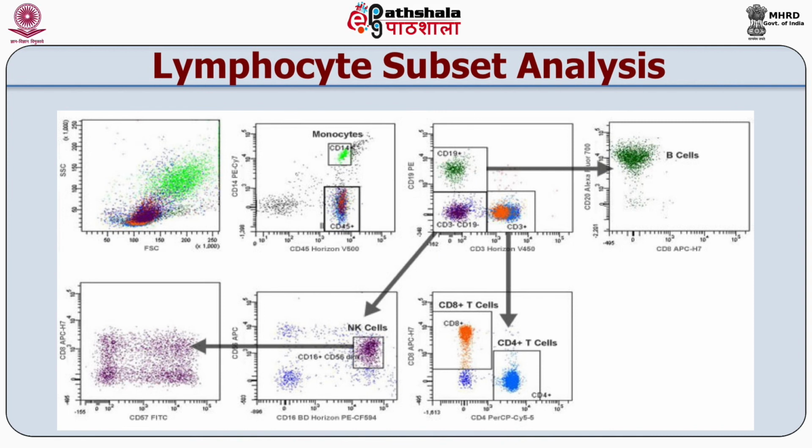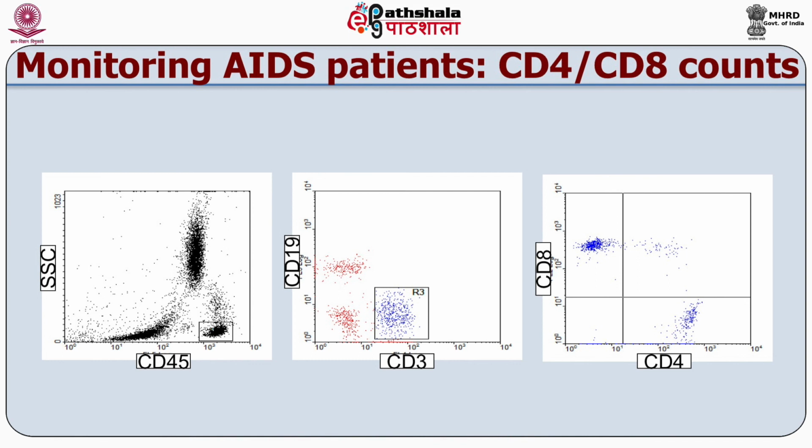In addition, the natural killer cells can be identified using the specific markers of CD16 and CD56. The CD3 subset here has been evaluated further for the CD4 and CD8 ratio, which is a measure of T helper to cytotoxic T cell ratio. A normal ratio in a healthy individual is between 1 and 4, and an inverted CD4-CD8 ratio of less than 1 is characteristic of HIV infection and is linked to CD4 T cell depletion and expansion of activated HIV-specific cytotoxic T lymphocytes. This ratio thus is useful as a reliable marker for monitoring AIDS patients on antiretroviral therapy,